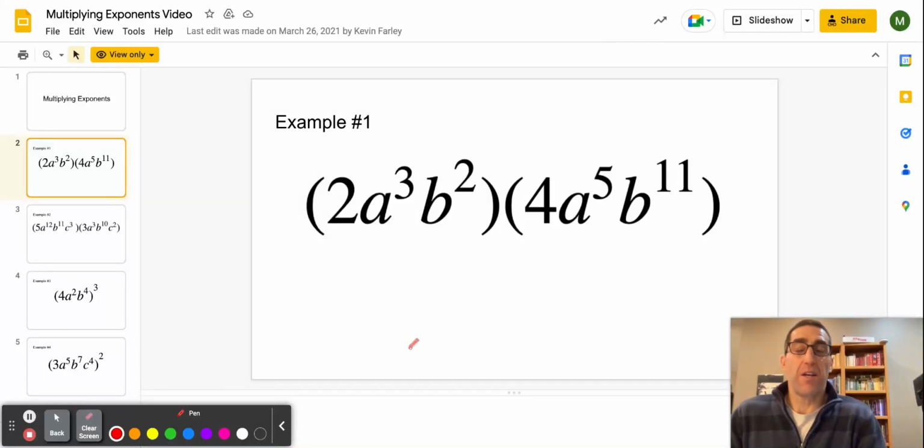Hey there, this is going to be our first video talking about how to multiply exponents. Specifically, our focus is going to be how we use expanded form. So when I see something like this, 2a to the third b squared times 4a to the fifth b to the 11th,